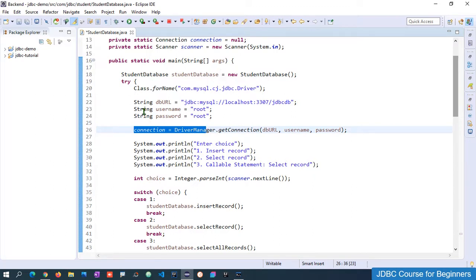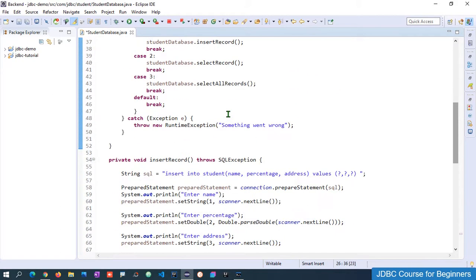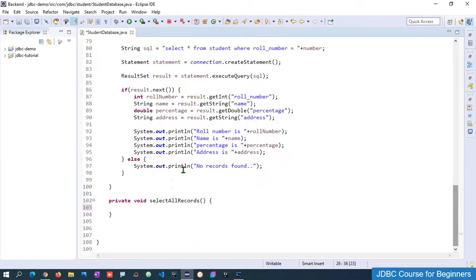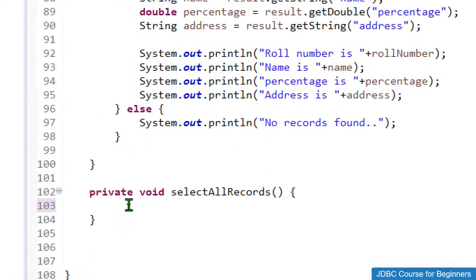If you don't know, you must create this, otherwise you will not be able to communicate with the database. If you don't know, you can check out my previous sessions, the link is in the description box. Now these are all the JDBC specific steps that we need to follow. Among those, the two we have already done. Now we just need to create the platform.